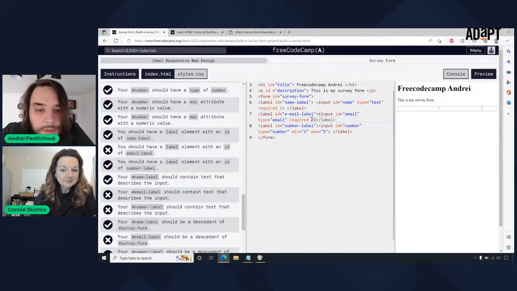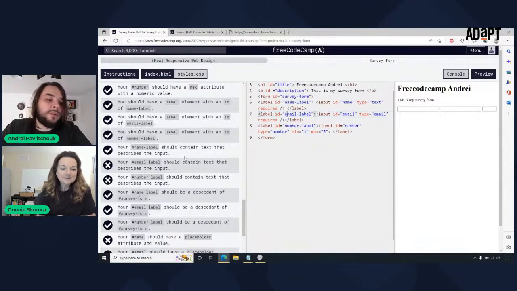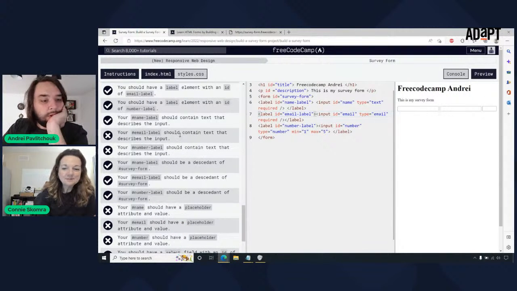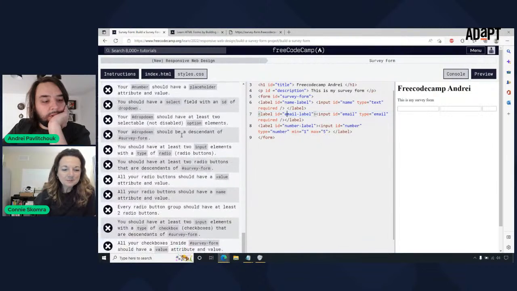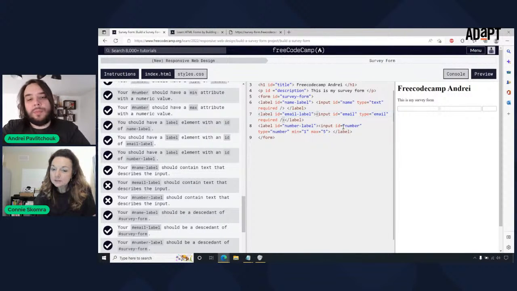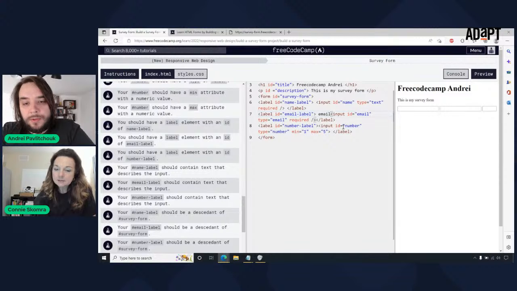Why are we missing an email label? Oh, right, because I wrote email like that. Email label. That's fine. Your email label should contain text that describes the input. So either email, yes, and then